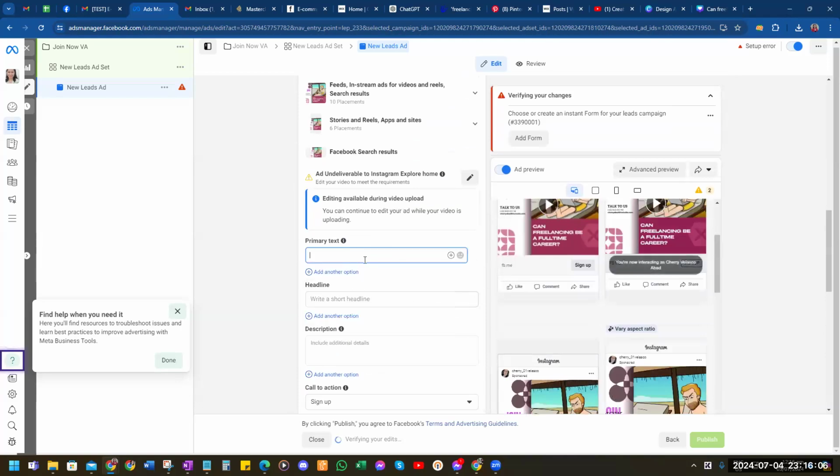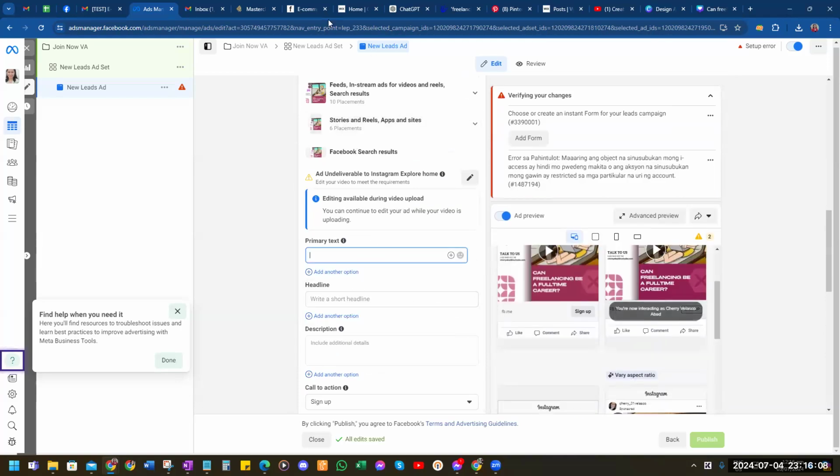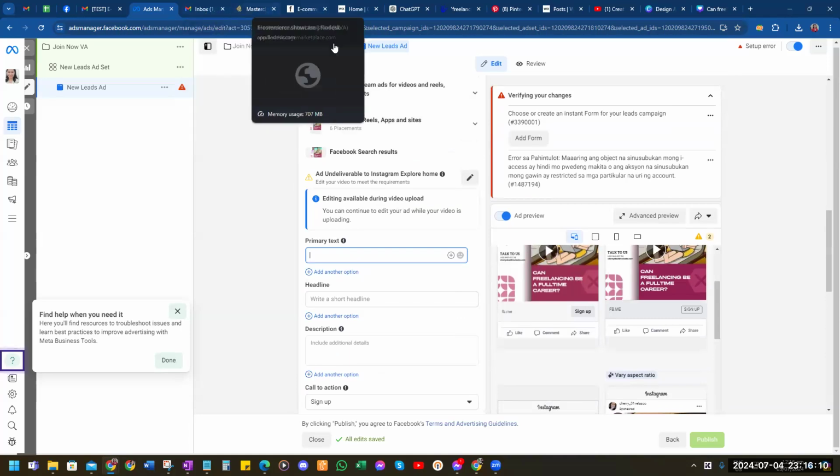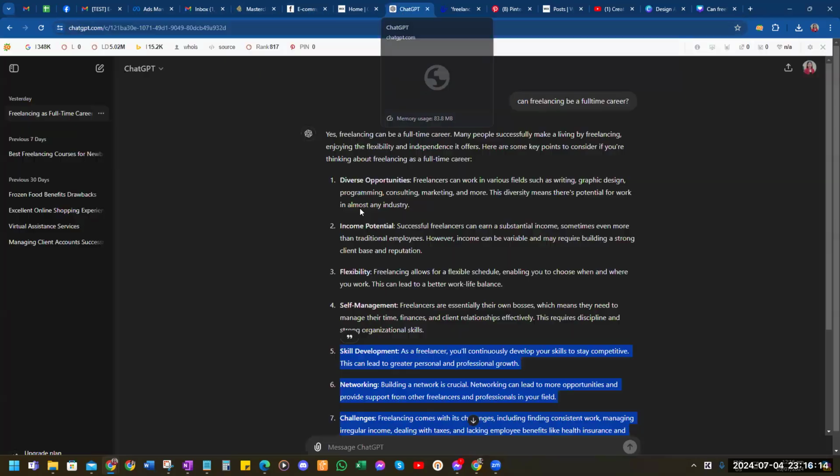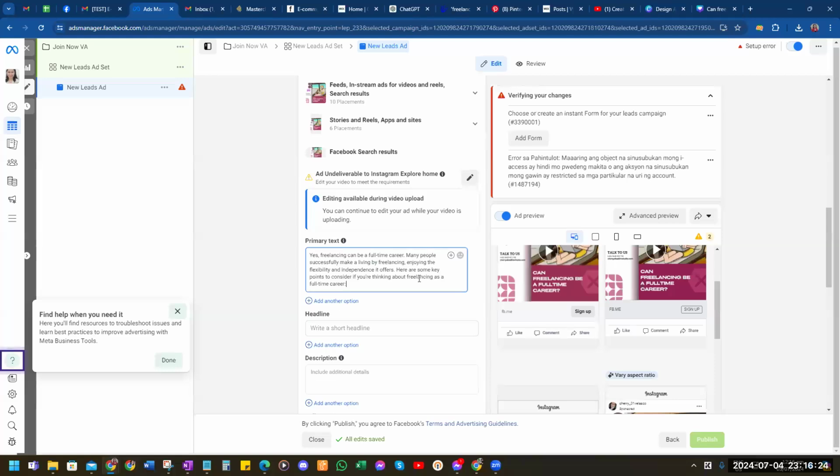And then tell people what you want. So we can put a ChatGPT here, which is this one. Okay, let's go in there, primary text.